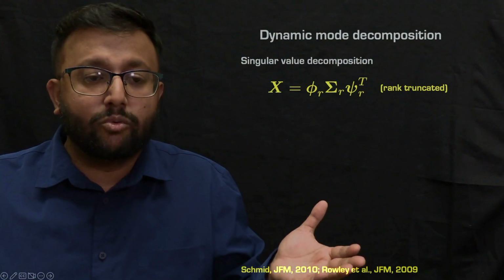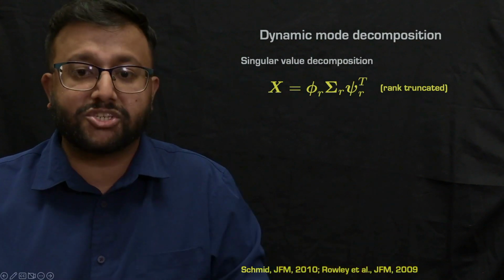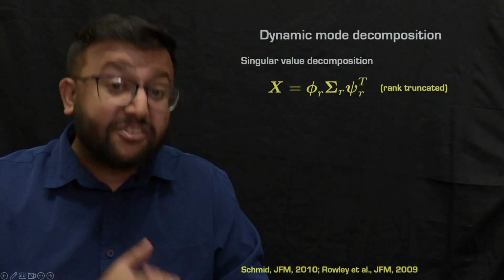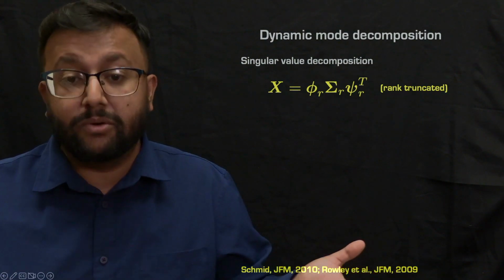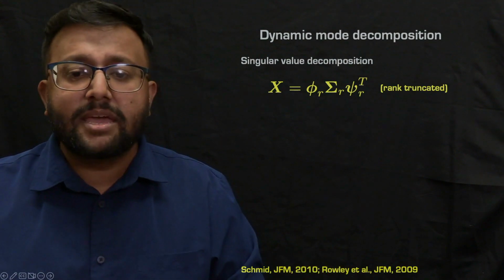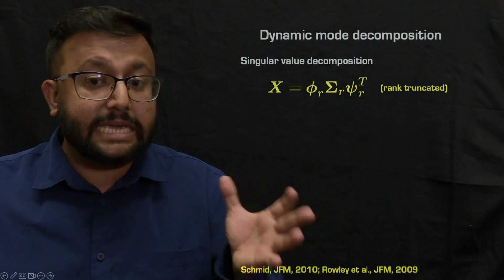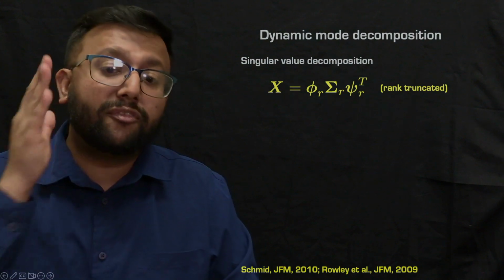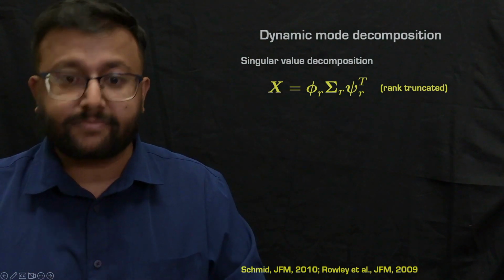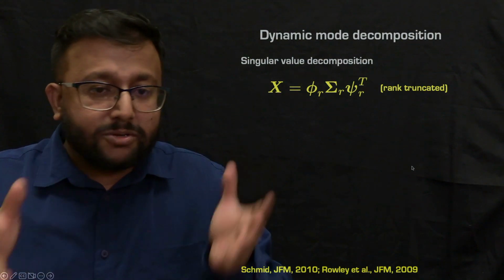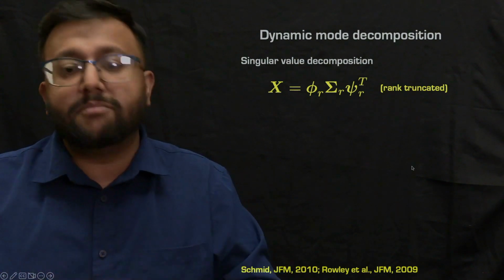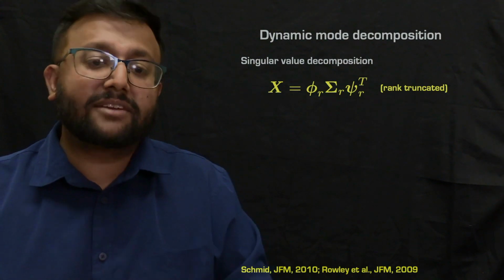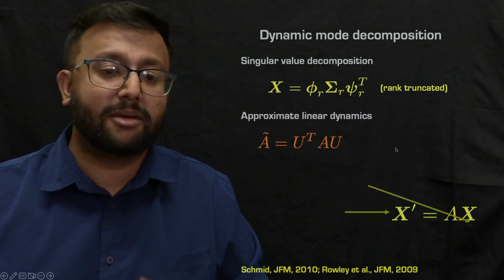Now, this is similar to what we did in proper orthogonal decomposition, where we just perform singular value decomposition, and the left singular vectors essentially were just our POD modes. Now, in the case of DMD, we do not need to perform a full SVD of our data matrix. In fact, what we do is we truncate the rank onto the first R POD modes. So we do this singular value decomposition, get phi, sigma, which is your singular values, and get your right singular vectors C, but in a rank-truncated manner.